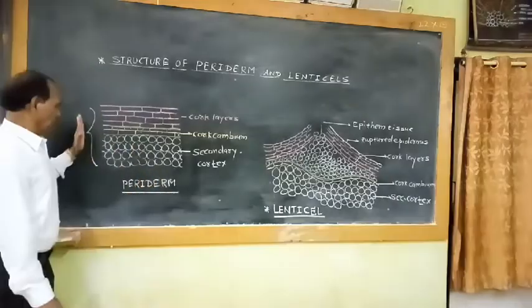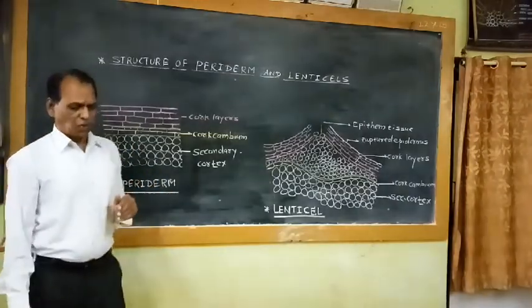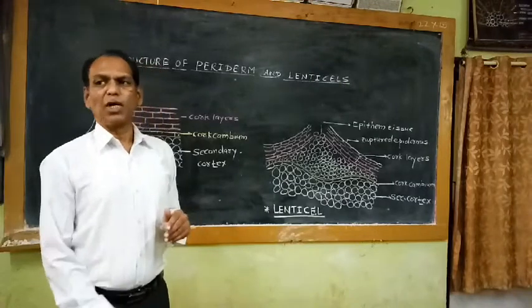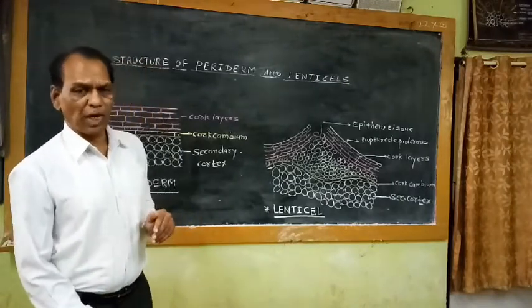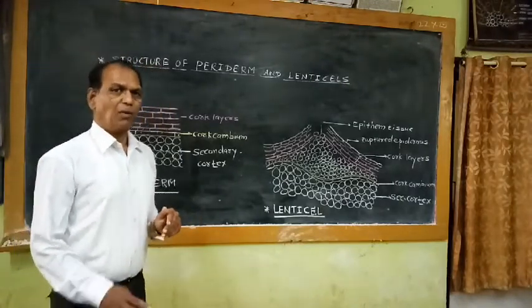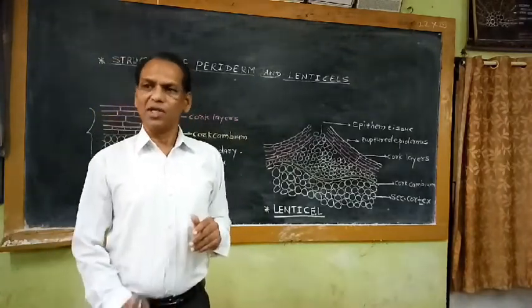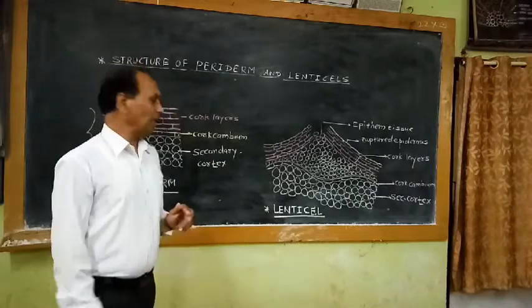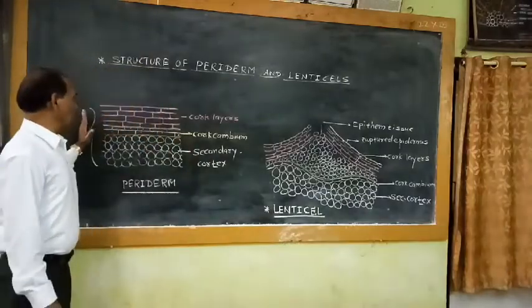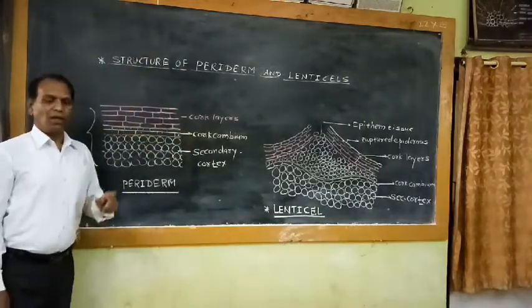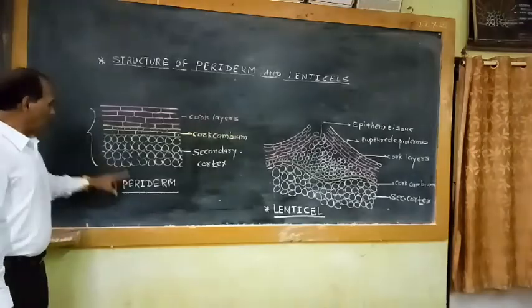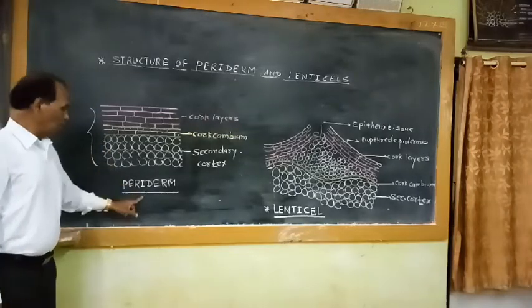That means there are two steps in the secondary growth process. The first step is known as vascular tissue formation, which takes place due to the activity of vascular cambium and which is responsible for addition of secondary xylem and secondary phloem at the stelar region. The second step in secondary growth is known as non-vascular tissue formation. It is represented by the formation of this three-layered zone of cells known as periderm.